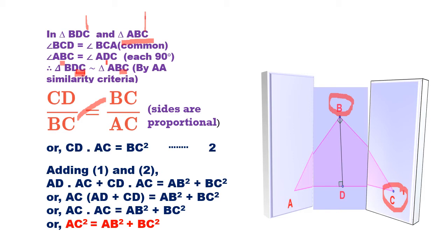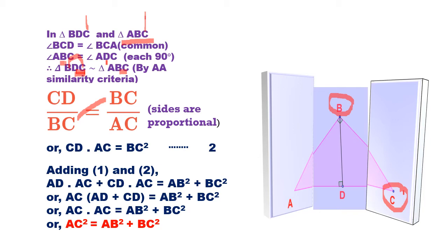So CD upon BC. But in the next case, BC is in the numerator. It means from this triangle it is the numerator. The numerators are of this triangle and the denominators are of the second triangle. In the first triangle we did not have BC, but we had BC in the second triangle, so it was in the denominator, and we took the corresponding side here, DC. Now in the second case, we want BC in the numerator. It means it will be in the first triangle. I told you the numerators are in the first triangle. So BC upon, here you are saying the first and the third letter.